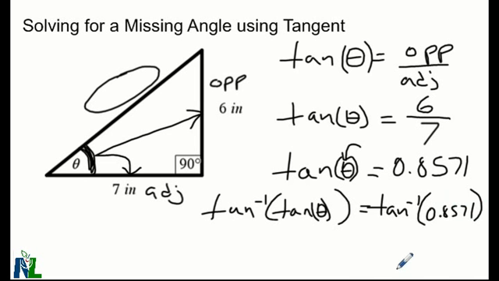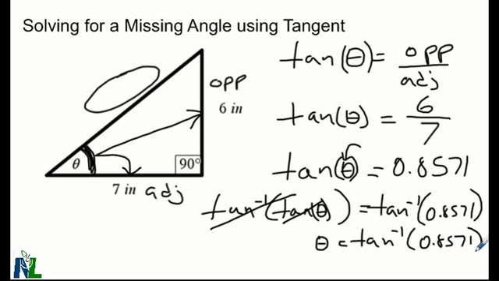So that when we are done, we realize that tangent and tan to the minus 1 are opposites or inverses of one another. They will cancel. And we're left with theta is equal to tan to the minus 1 of 0.8571. So on our calculator, we often see tan to the minus 1 written directly above the tangent key. And to access that, we normally have to press on a second function or a second key to do that. But once we do that correctly on our calculator, we're going to find that theta is equal to